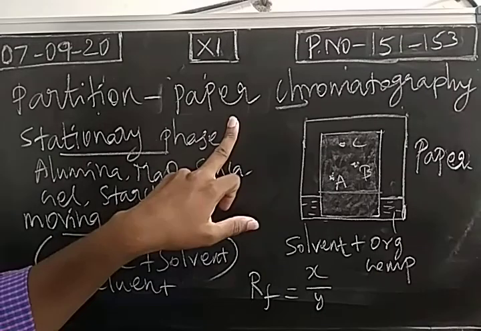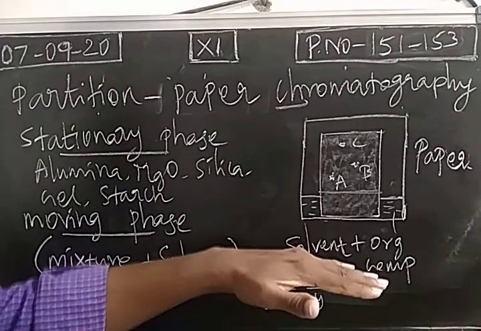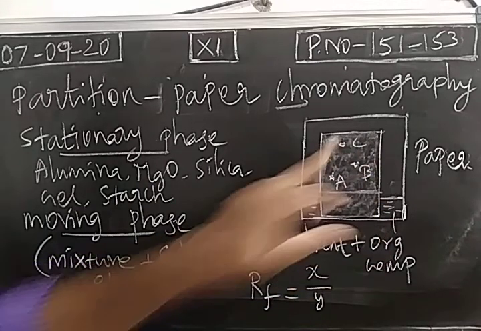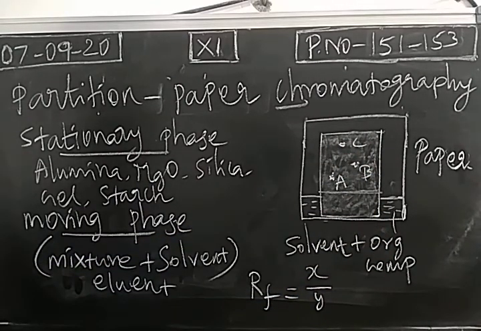So in paper chromatography, the solvent and the components are moving in the upward direction. They are placed in particular places. This is mainly due to partition, because the paper is in a wet condition. So the paper is dipped in water. So in wet condition we use it. So the stationary phase is almost liquid. So that the principle is partition principle. So the chromatographic technique is called paper chromatographic technique.